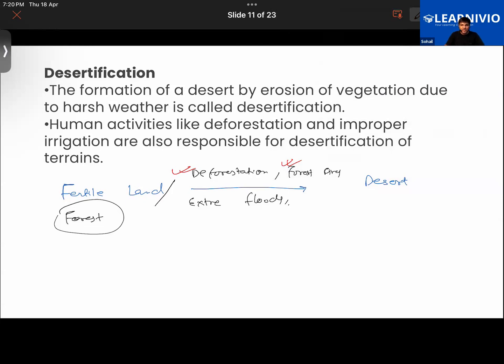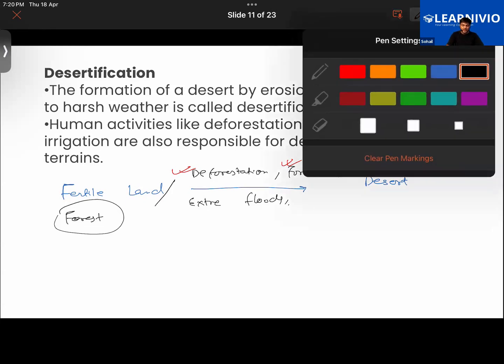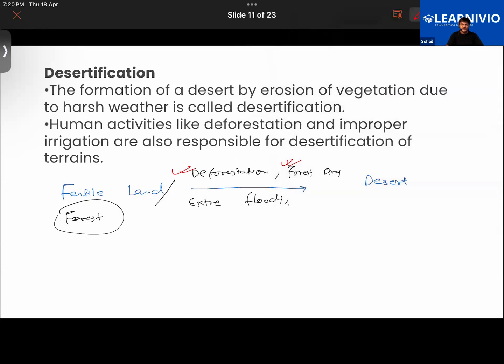If you were to study certain parts of the world today, like some oceans that you see today, millions and millions of years ago they were covered with dense forest. But due to the major tectonic activities that have been happening on Earth for the past millions of years, plates collide into each other. There have been volcanic eruptions, earthquakes. So these are also some of the reasons which we can consider.